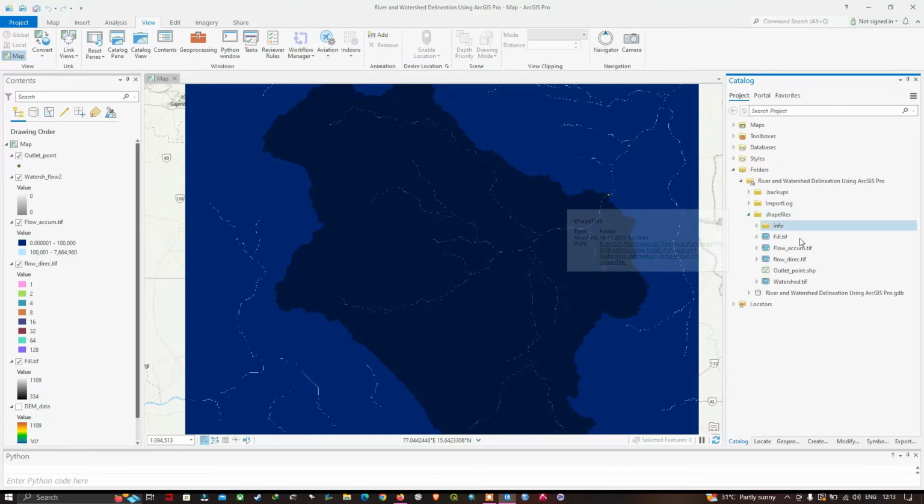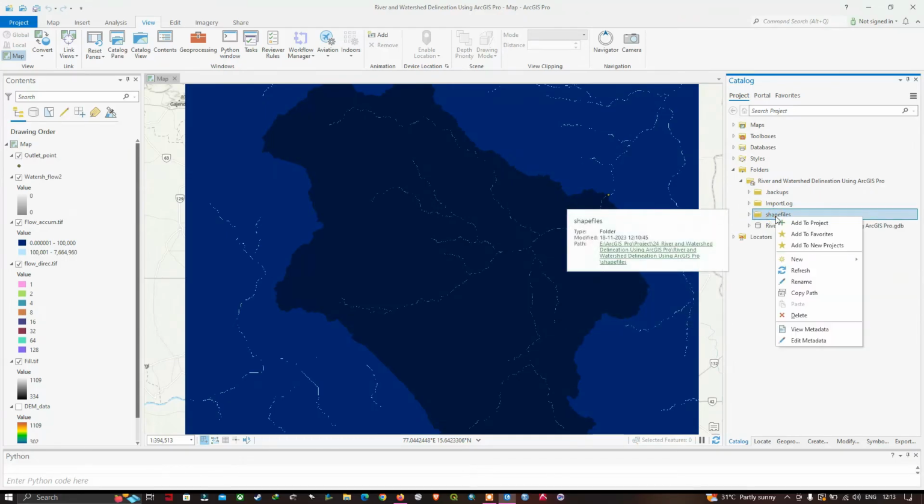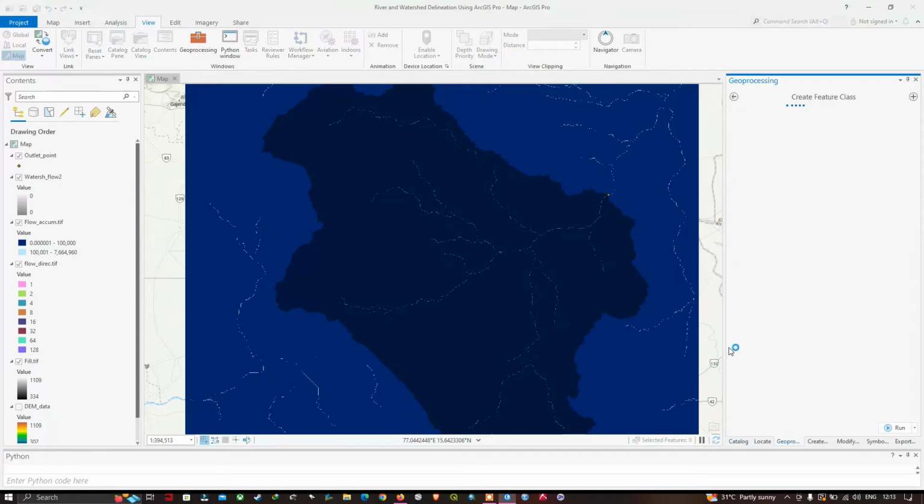So in that we have our outlet points. Similarly, I'm going to create a new shapefile. Right click, click the option called New, and navigate to Shapefile. Once you have done that, the